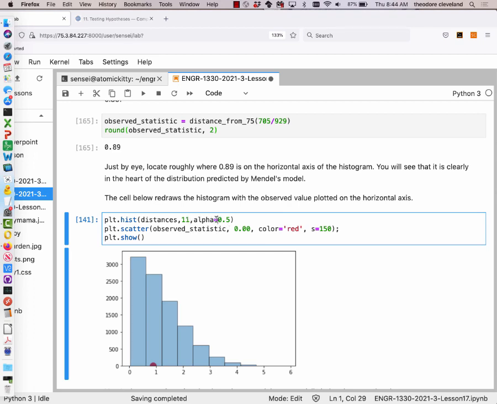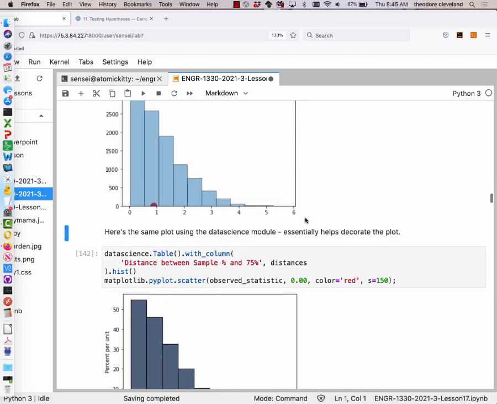And then we're setting the alpha channel to a half so that it has some transparency. And then we're going to do a scatter plot right on top of it. And we're going to plot the observed statistic on the x-axis and 0 on the y-axis; if we don't do that, it'll get mad at us. We'll make it red, and we're going to size it at 150 pixels. And then we will show the plot, and we get that cool picture,